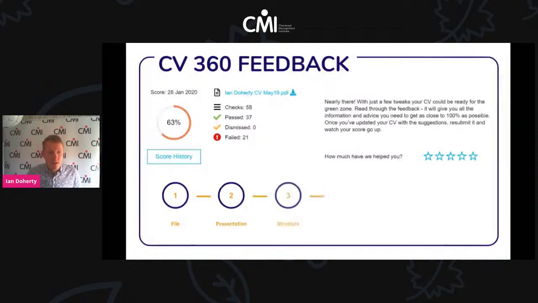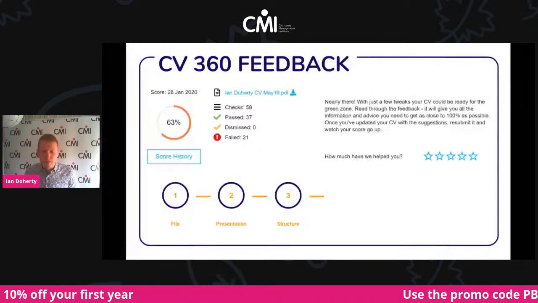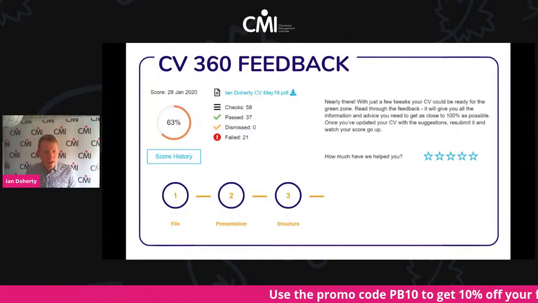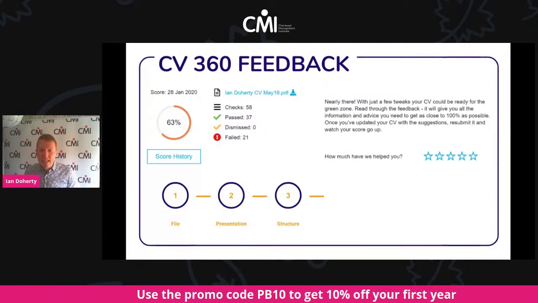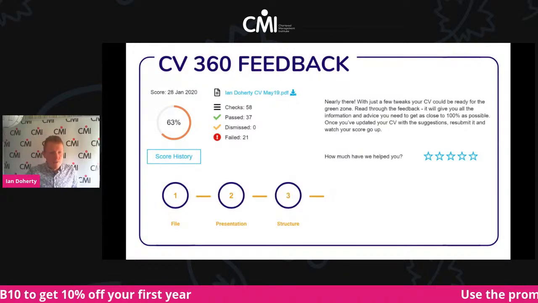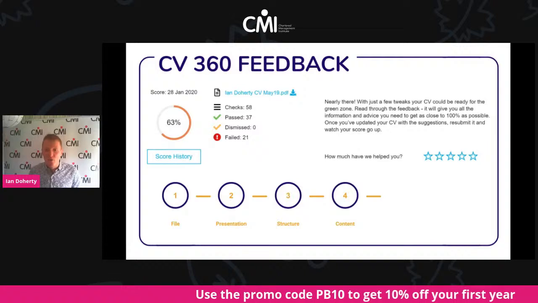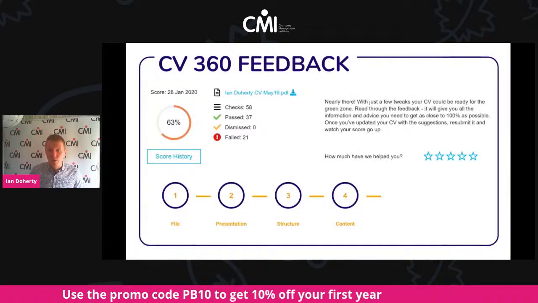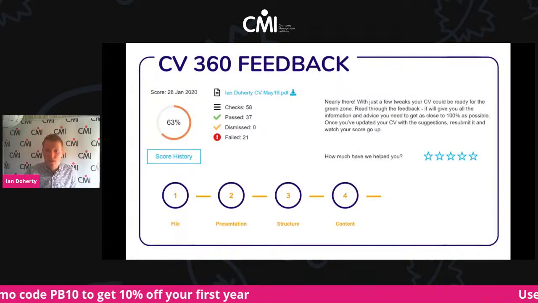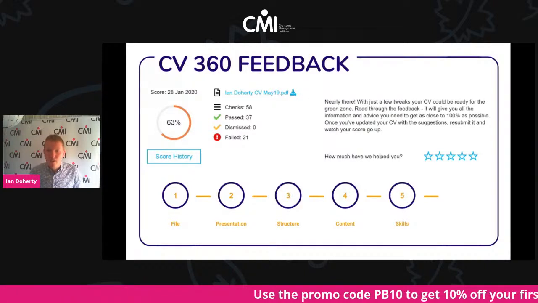The third thing that it looks at is around the structure. So have you got clearly defined elements to your CV? Is it laid out nicely? Have you got the correct level of detail, and have you avoided any repetition within your CV? The fourth area is around content. So it looks at your contact details, your education, your work experience, your personal profile, and have you got your referees in there? So all the things you'd expect to find in a CV, it checks to see if they're in there.